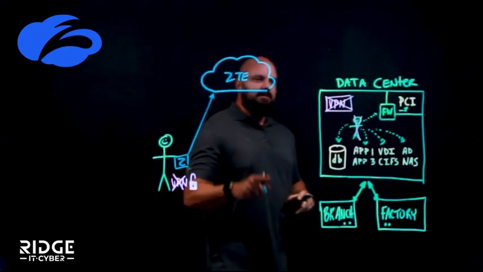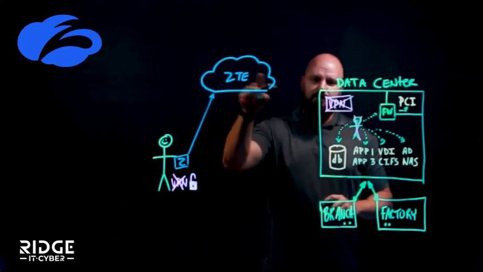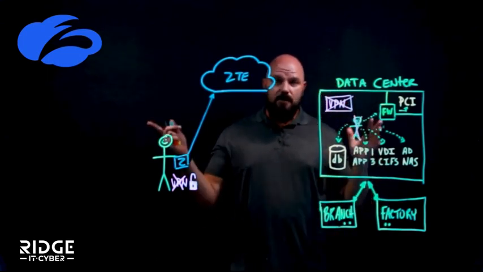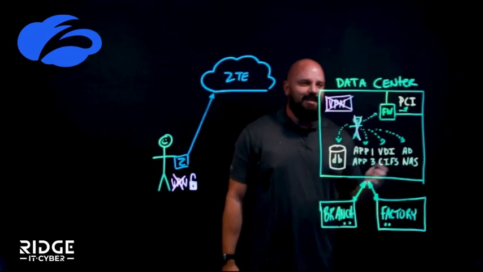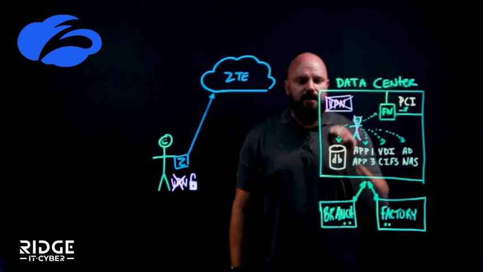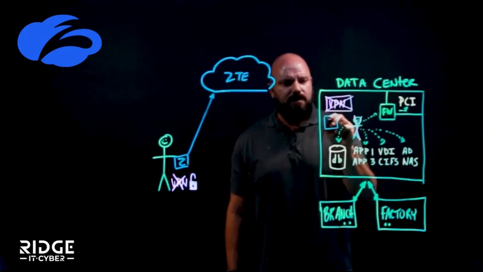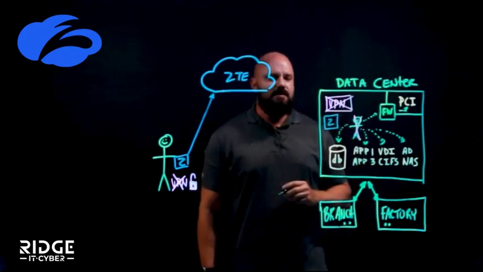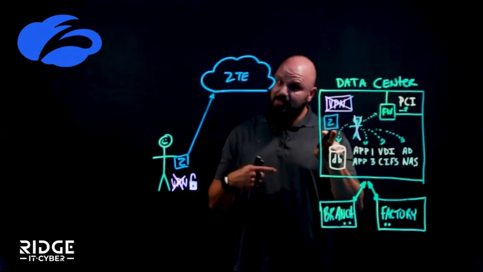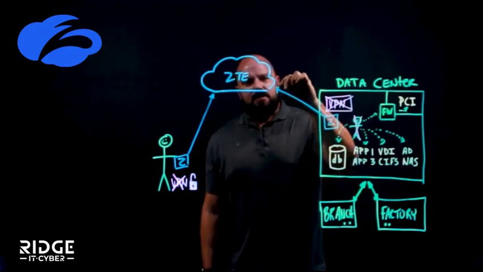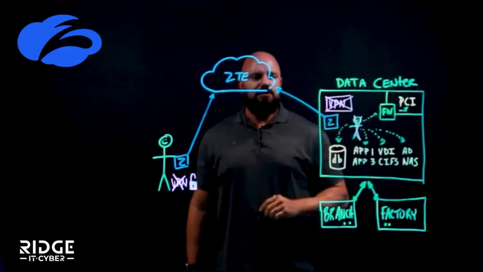Now you might be looking at this and saying, well, how do I get traffic from the cloud back over here if you're telling me to get rid of VPN? Do we use like a dark alleyway? Absolutely not. That's how Batman's parents died. Our secret sauce here is that we have a little lightweight VM, and it's this inside-out connectivity where this thing isn't listening for traffic coming in. It's securely reaching outbound to the Zero Trust Exchange.